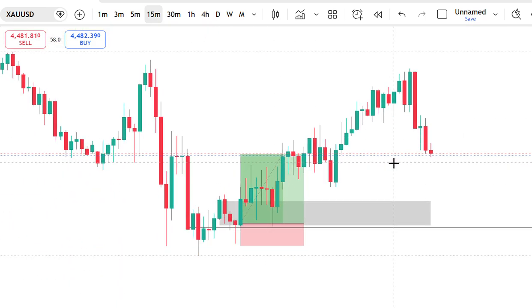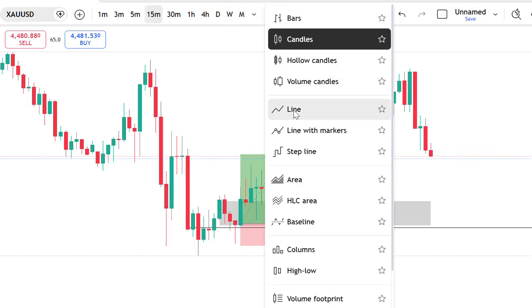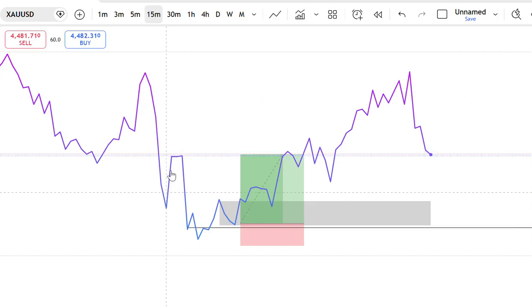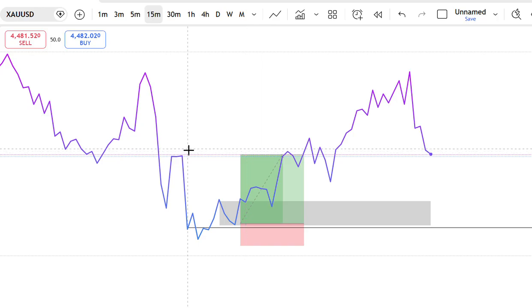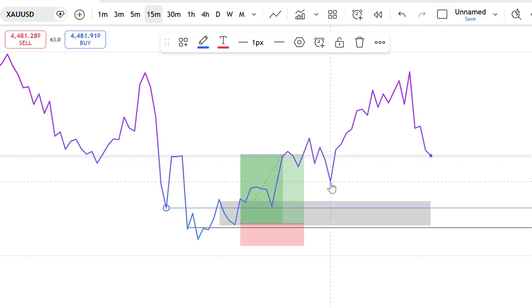Hicho ndicho nitataka kukiona kwenye structure hapa. Kwa hiyo if you see here, the price just came pop and it gave all this, ilitumia hii zone ikaja, baadaye ilipokata ilishindwa kurudi tena, ilirudi tu ikatumia hapa, mwisho siku ikaondoka. Sasa baada ya kuvunja hii level, ikaonesha kuvunja hii level, my expectation was to wait price at this level, kwamba walau market irudi tena au alafu ndo tuendelee na safari second entry, but it failed, ilikataa kabisa,